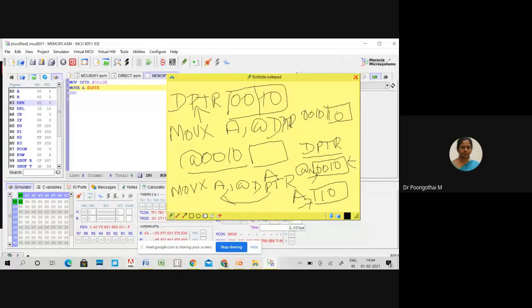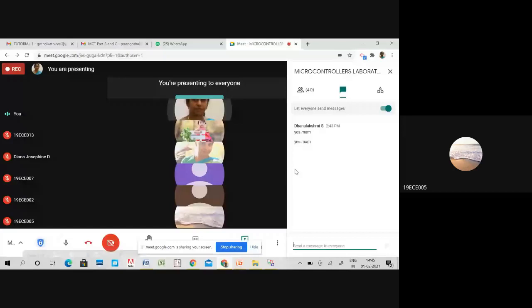So data will be taken only through accumulator. Here you have to give accumulator only, not any other register. Is that clear now? Students, am I audible? Yes, ma'am.